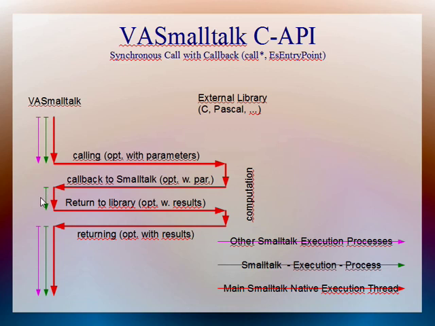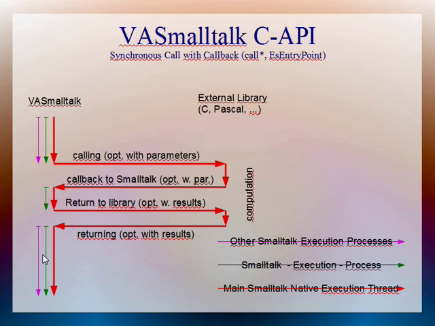Some Smalltalk code is executed. The return value is optional, a return to the library. Some additional computation is done here, and then the external library returns at the end of its life, perhaps with some results to Smalltalk, and then Smalltalk code is running again. Although it looks pretty similar to synchronous calls, we have, at least for Smalltalk,